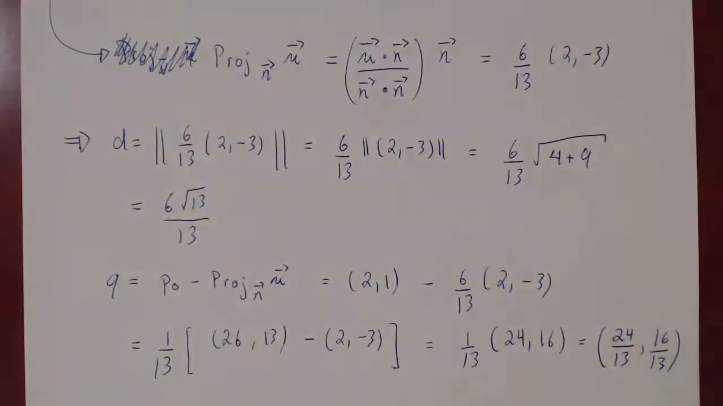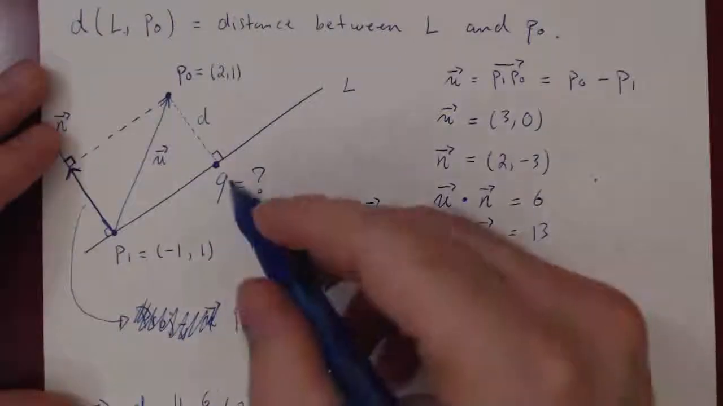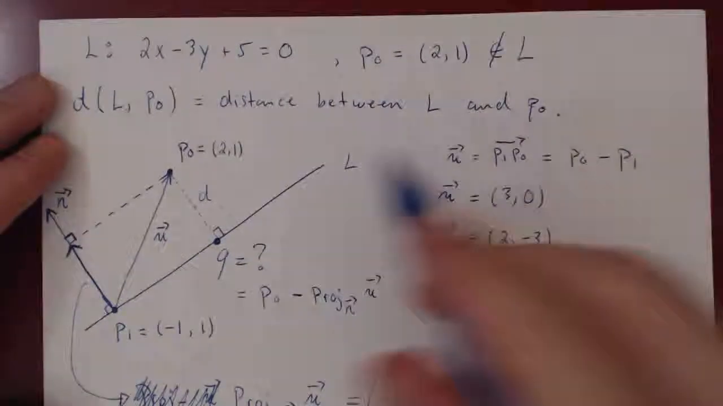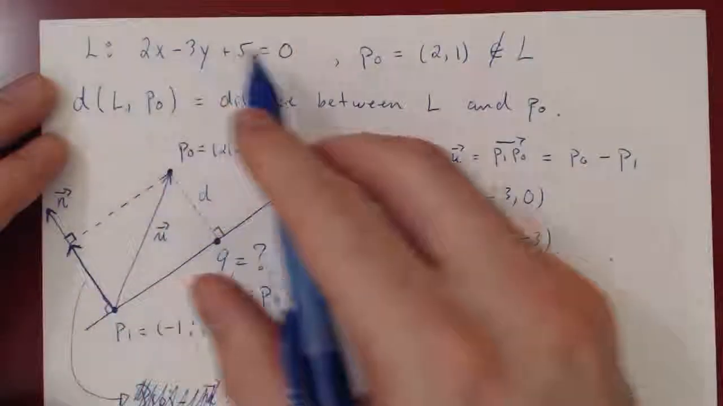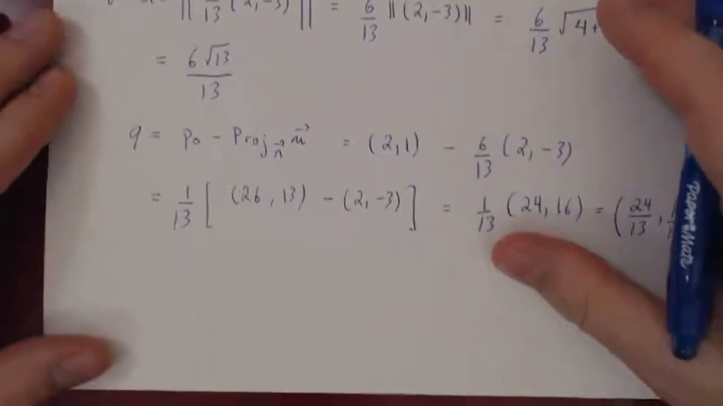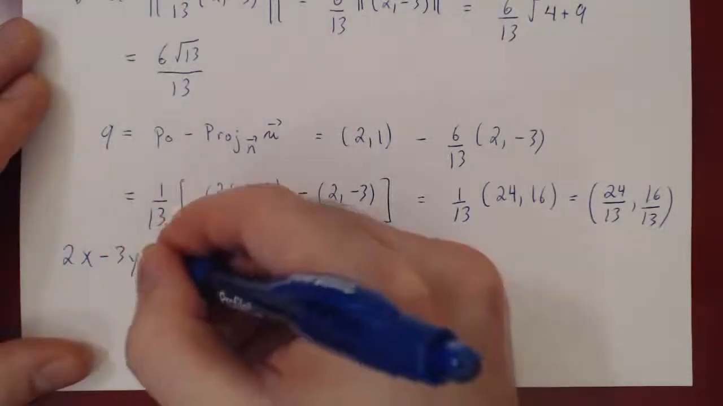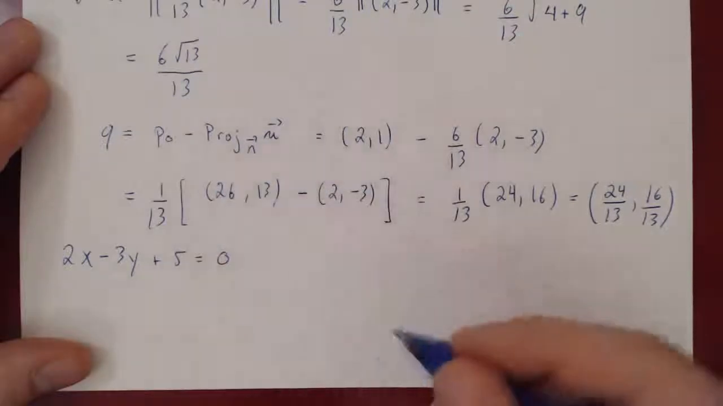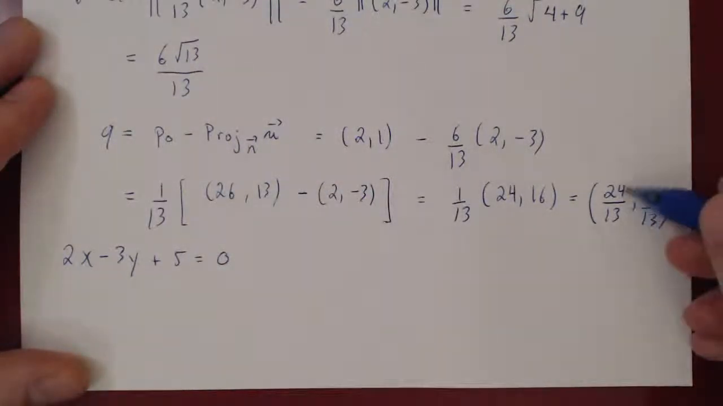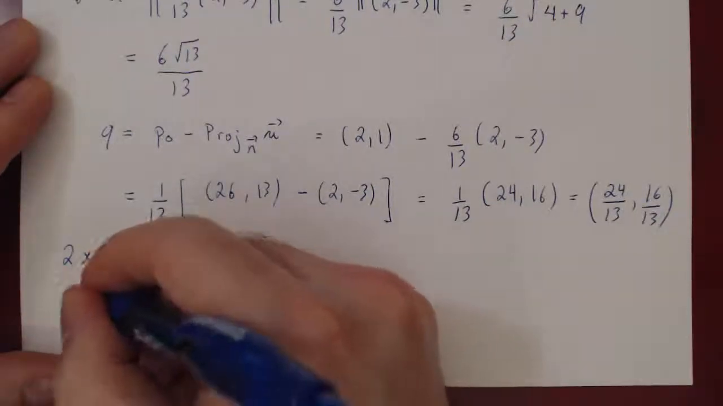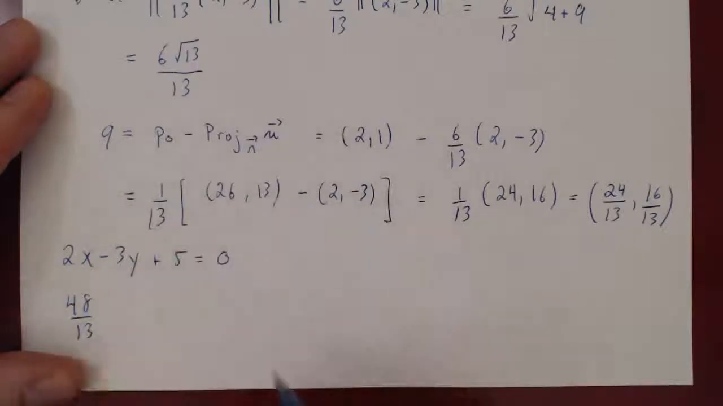And in the end, there's a very simple way of verifying that you have the right point. The point Q is supposed to be a point on the line. So it should be a solution of the equation of the line. Let's check that our point Q solves this equation. So it was 2x minus 3y plus 5, and this should be equal to 0. Let's substitute. So 2 times that, 2 times 24, 48. So we have 48 over 13 minus 3 times 16